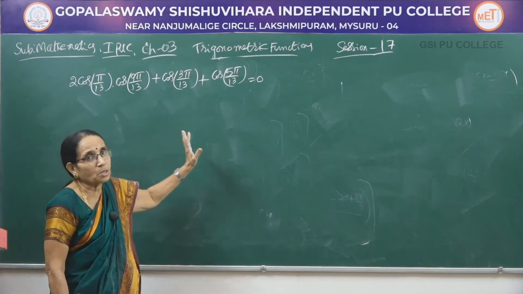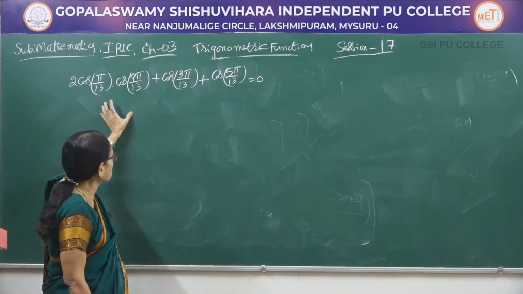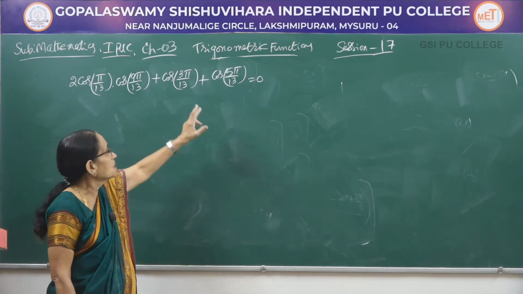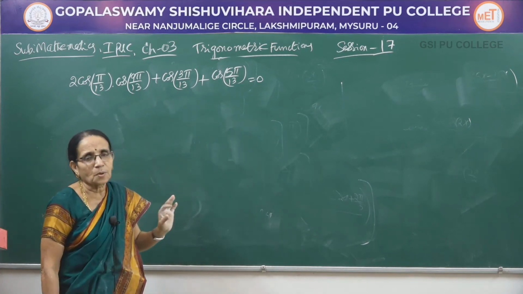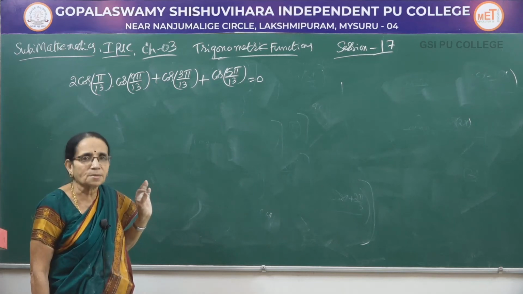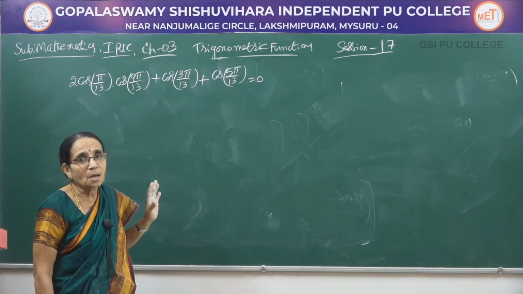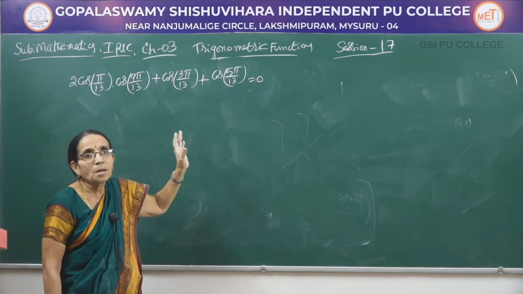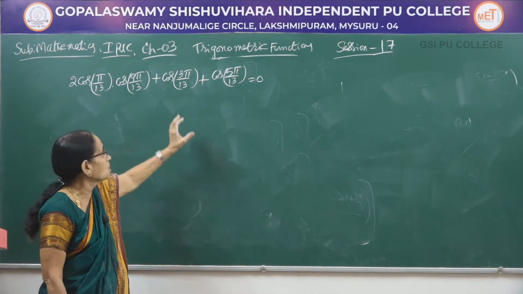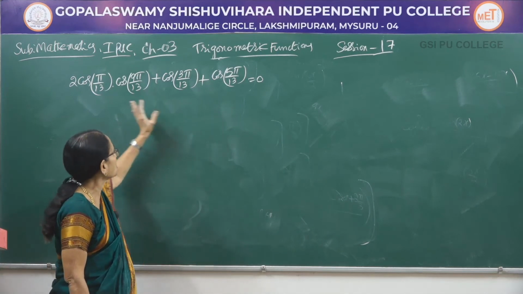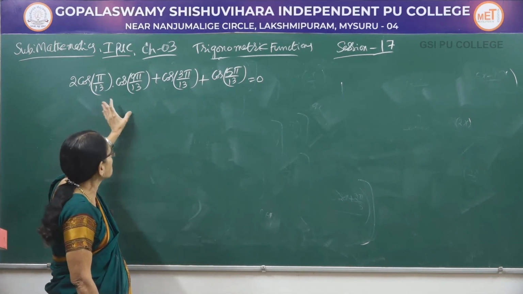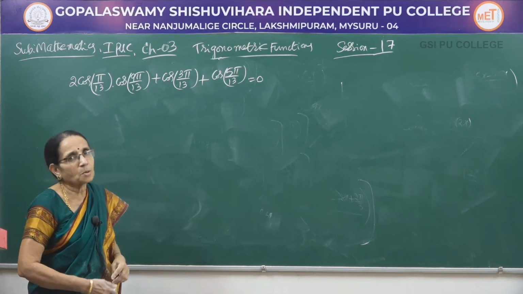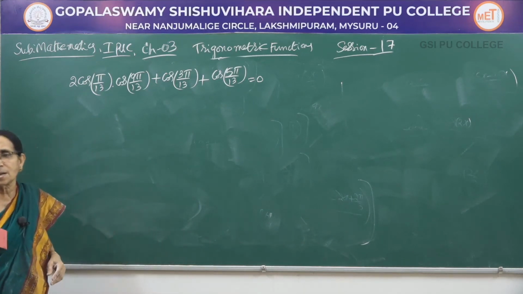Then don't simplify both of them. Either use the formula for this or use the formula for this. Both have the same number of steps. Or else if you use the formula for this one, it is of the form cos c plus cos d. So what's the answer there? It is 2 times cos of c plus d by 2 into cos of c minus d by 2. So you can convert this into product and get cancelled with this one, or convert that into sum and get cancelled with this one. Both are correct. Don't apply the formula for both of them, you will not be getting any answer.